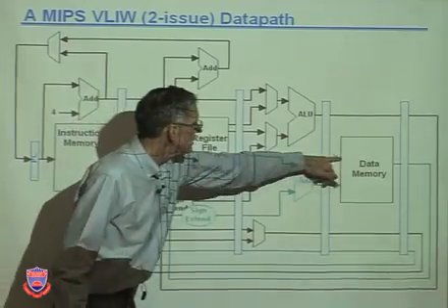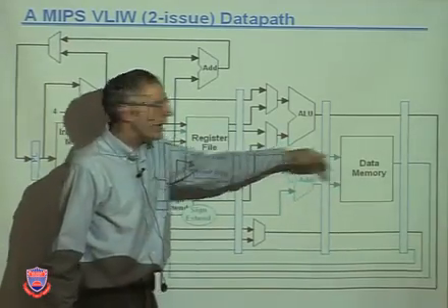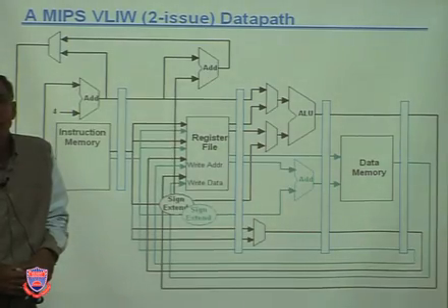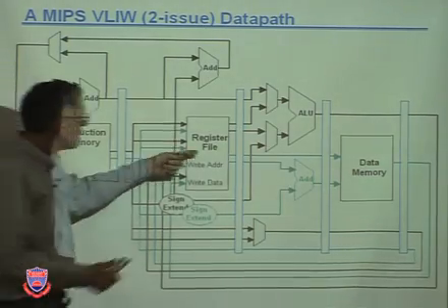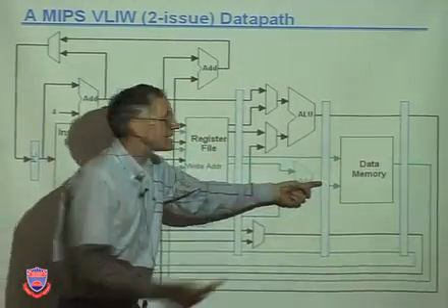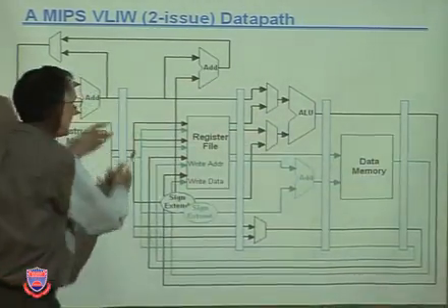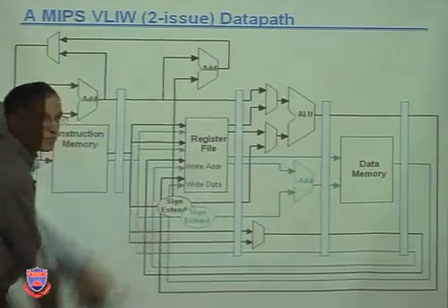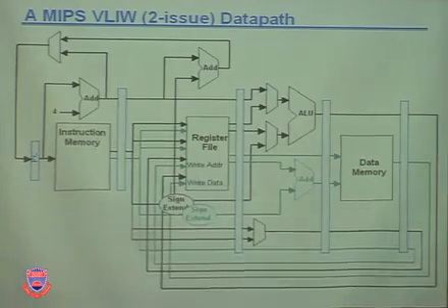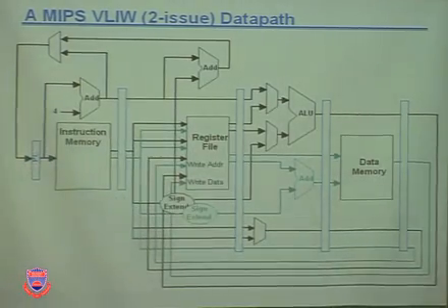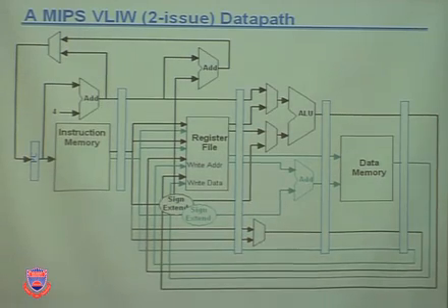What's this? What's that? Why would a register value go straight to data memory? For store word, exactly. For store word, I create an address and I give a value, boom, I'm finished. For load word, I create the address and then I get the value and I bring it back. And over here, of course, I got to have 2 write ports. See it? 2 different addresses and 2 different places for the data. Got it? We've expanded our write ports to 2 and our read ports to 4. And a few other little things here. Okay? Not too much serious change to my